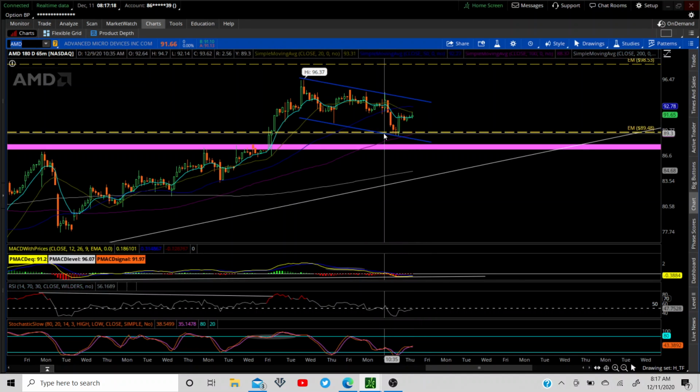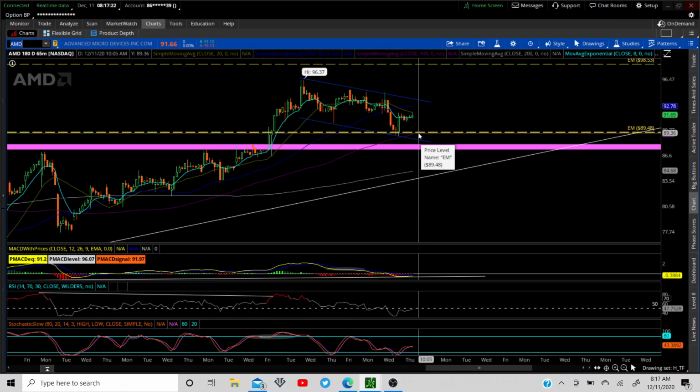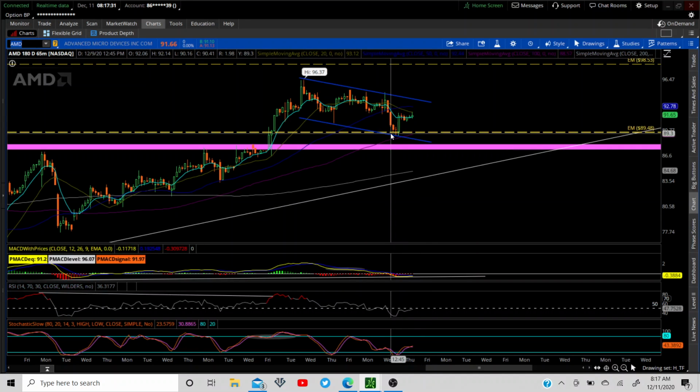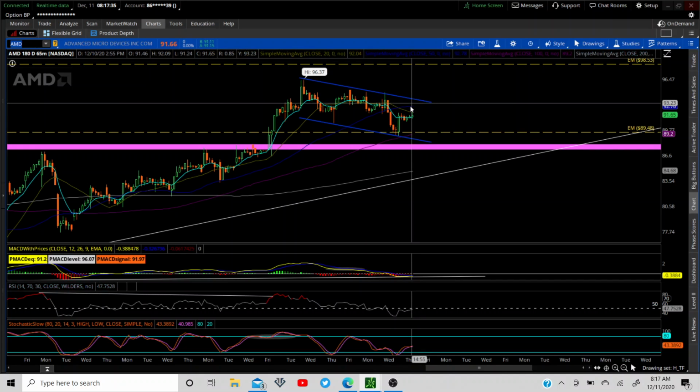I put the expected move there, it tagged right at it, and now it's making an up move, even though the market is down a little bit. So as soon as that SPY, ES, and SPX start to bounce a little bit today, you're going to see AMD hopefully break out of this point. This might be a pause